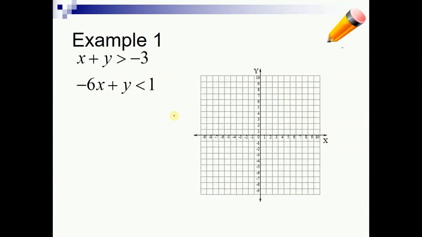Let's try an example of this. So I got x plus y is greater than negative 3, and negative 6x plus y is less than 1. So let's do this first equation. Let's get that to be y alone. So I'm going to subtract x. I get y is greater than negative x minus 3, which tells me I'm going to start at the point negative 3,